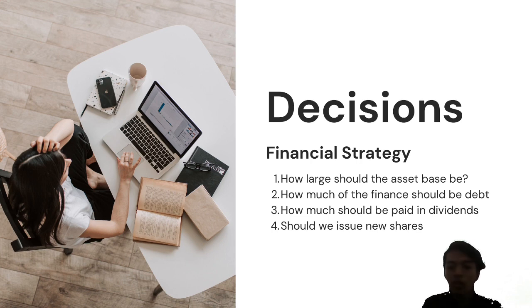And the second is how much of the financing should be debt. The financial structure of the company, or the proportion of its financing that comes from debt and the proportion that comes from equity, is one of the factors that affect the value of the company from a financial perspective. A higher debt financial structure is generally considered riskier because the company is reliant on debt to cover its financial needs.